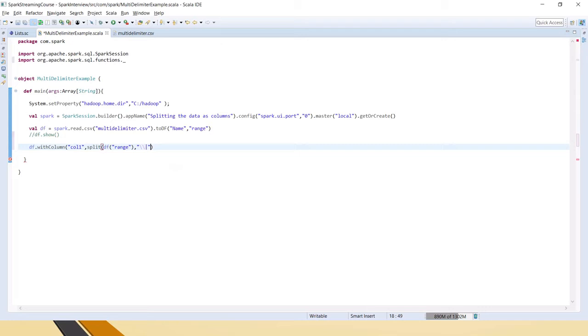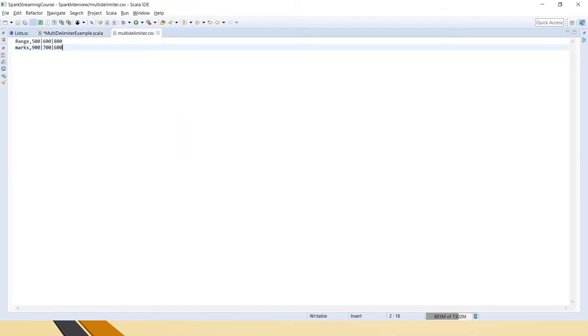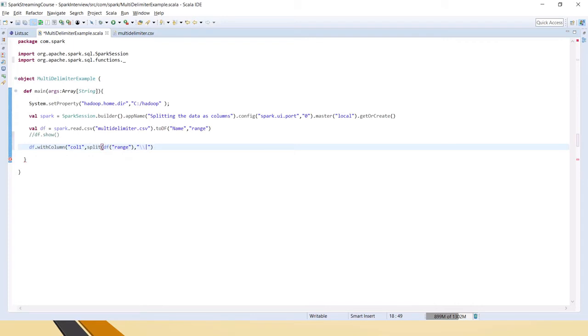Once you split it, it will become multiple values. Now it has 3, right? It will become 3 different values because we are splitting with pipe. Hence we have to get only the first item of that. What do you have to do for that? Get item of 0, which is the first one.